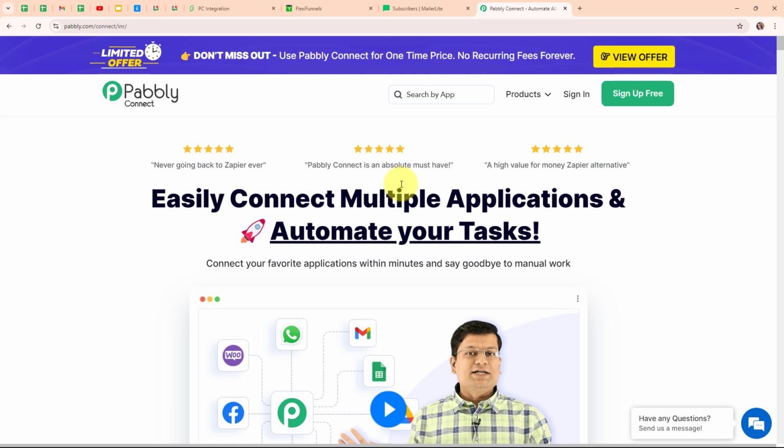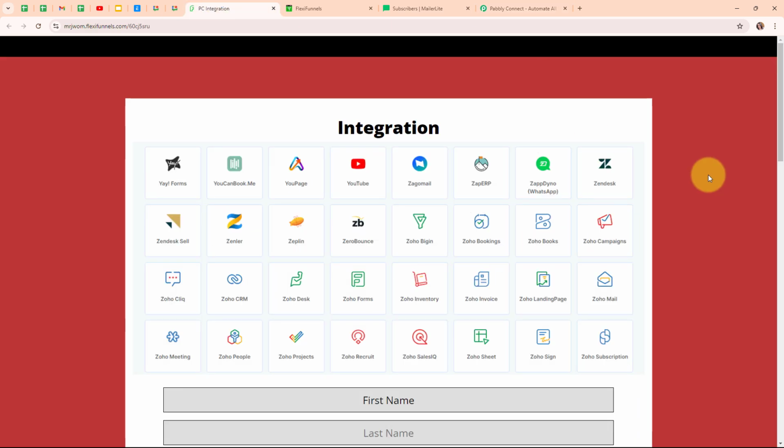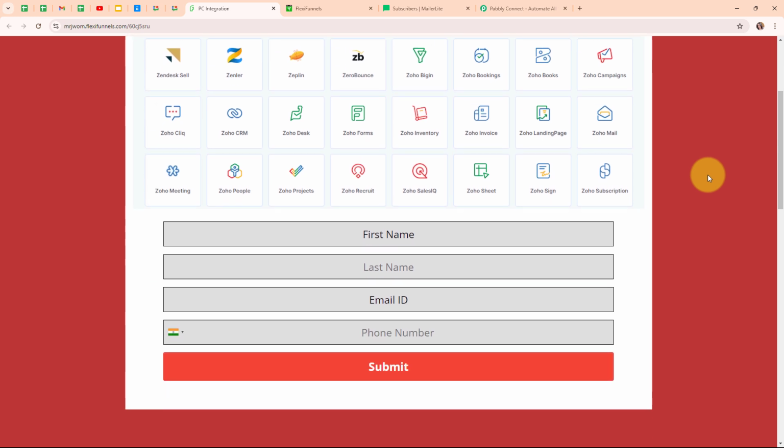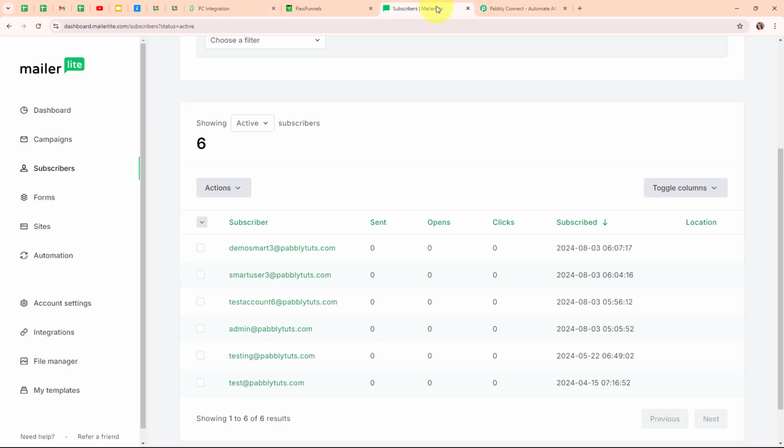to enroll new students. Here on my screen, you can see the form which I've created using FlexiFunnels, and in this case, whenever someone fills out the form to sign up for the course, I need to make sure their contact information is added to my MailerLite list so I can keep them informed about the course updates and promotions. To build this connection, I need to connect my FlexiFunnels account with my MailerLite